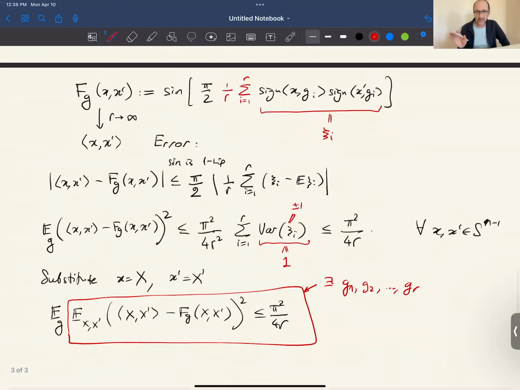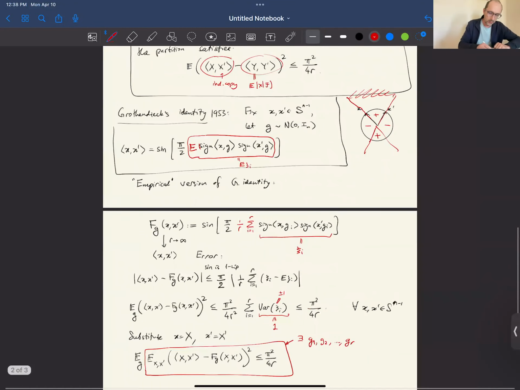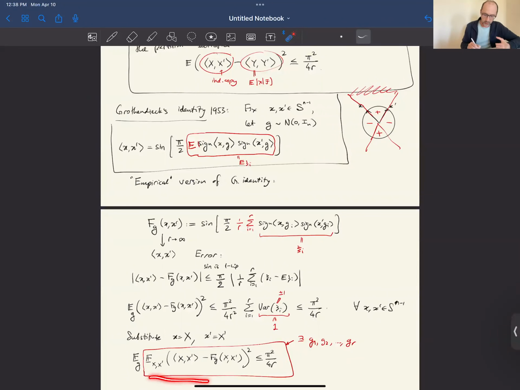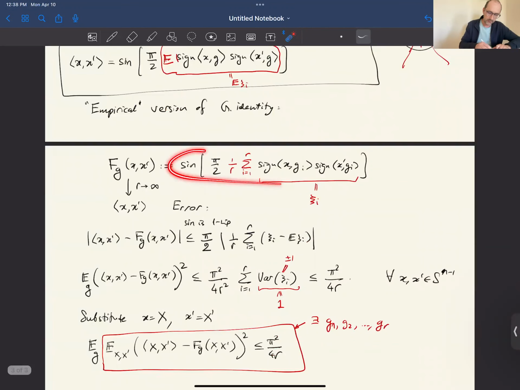And we are one step from the conclusion. Let's just keep track of what we actually wanted to prove. We would like basically to approximate the inner product like this, or any random variable, by a simpler inner product where y is an averaged copy of x. And this inequality goes in that direction. We approximate the inner product between x and x' by something. Well, what's that something? f_g. What's f_g? f_g is this.